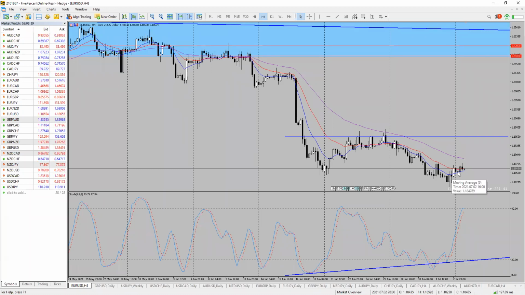Okay, as long as these moving averages hold, as long as this area holds here, then we may see the euro dollar continuing higher. And again, like I said, for those who have patience, the best way, if you're swing or long-term traders, is to see the euro dollar finding or reversing, making a reversal above this resistance line, finding support here and continuing higher. This is for the euro dollar